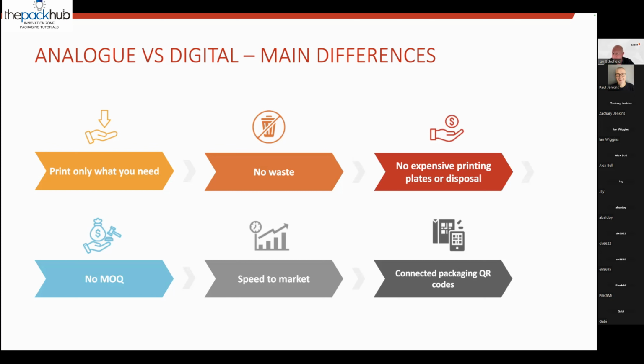Somebody's already estimated with me, who I'm working on, who do 200 changes a month, how much they're going to save. And it's pretty vital to them in the calculation when you're looking at digital versus analog printing. Obviously, you've got no minimum order quantity on digital either. Now, cost is obviously a factor, and I'll talk about cost later. Cost is a factor, but the fact that you don't need to have a minimum order quantity is really important